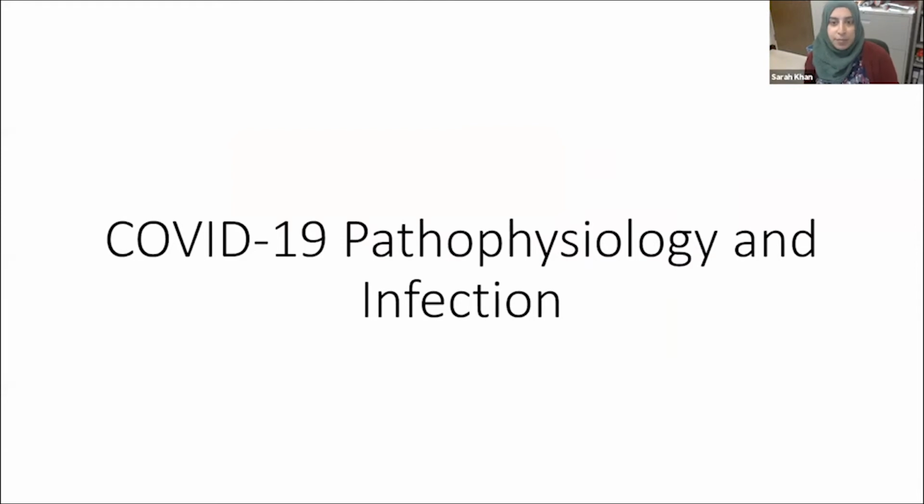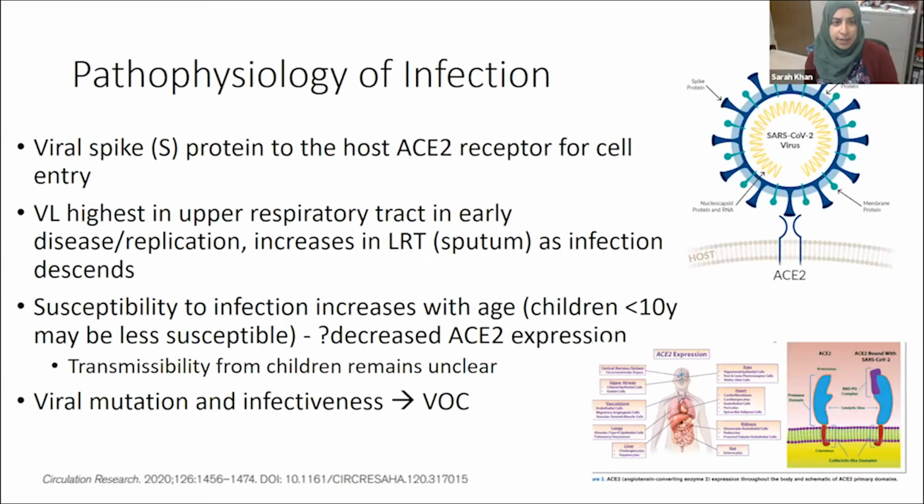Now shifting gears into our pathophysiology and infection side of things. What's fascinating about SARS-CoV-2 is this viral S protein, which is what allows it to bind to our host ACE2 receptor for cell entry. And we know that the viral load typically is highest in the upper respiratory tract in early disease and replication, and how we typically make the diagnosis is using a nasopharyngeal swab. As disease progresses, it can descend into the airways and get into the lower respiratory tract, where sputum detection is